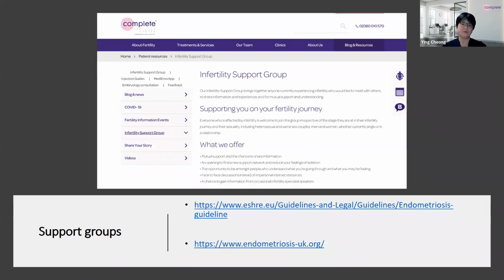And there's, of course, various different support groups, infertility ones, but also there are other support groups specific for endometriosis, as you can see there, either through the European Society or through endometriosisuk.org. And there are several other, depending on your location, local support groups as well, which you'll be able to locate through Google. But here are some of the examples of support groups that you can get